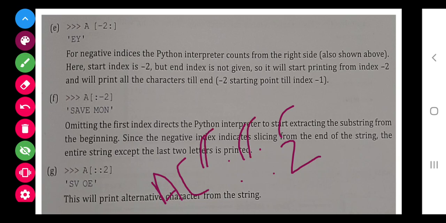Here they have not given the gap because by default the gap is 1, so no need to write. Here they have not given the third statement. Starting they have given, ending they have not given, and the gap they have not given. Starting not given, ending given, gap not given. Here starting not given, ending not given, gap they have given. So class, no problem with that. I hope you all are understanding.